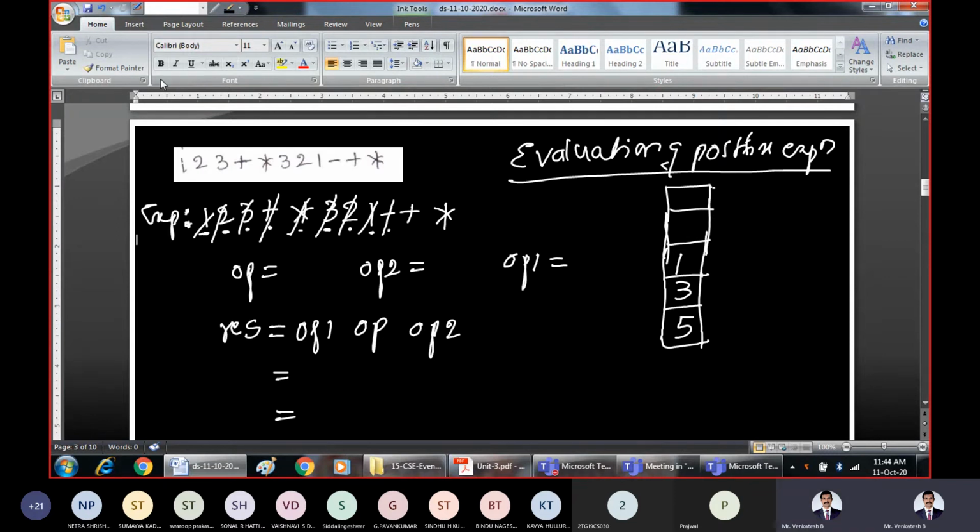What is the next symbol now? The next symbol being scanned is plus. So plus is an operator. Once we encounter an operator, what is the procedure? Pop two elements out from the stack. The first popped element will be operand 2. The second popped element will be operand 1. I will pop those two elements.